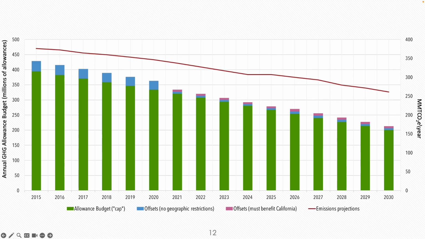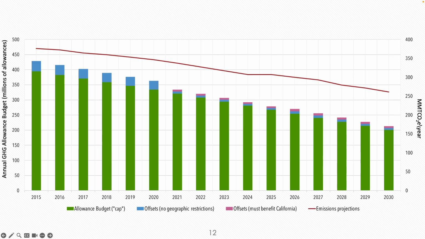And then the emissions projection as a result of having this allowance allocation looks something like the line in red on the secondary y-axis. And so the idea is that we decrease our total statewide annual emissions by something like 500-ish million tons a year, 475 million tons a year,